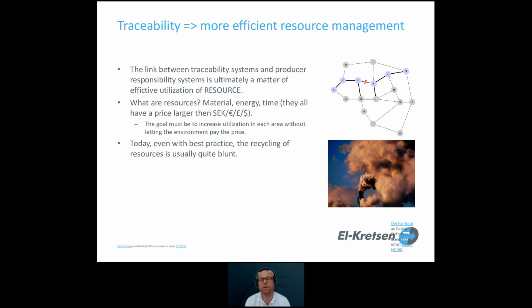Would I say that today we are not so good at material recycling? No, but we are quite blunt in the way we are doing this kind of recycling today, because we don't have all the information, and we don't always make the right decisions with the materials, because we don't know what's in the product. We don't know if this product should even be recycled. Should it be reused instead? Should it be part of a remanufacturing process? So having those possibilities and having the traceability and the information to make those decisions,